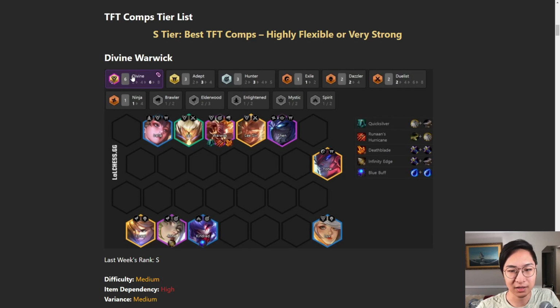The reason why you want to get a lot of Divine and Hunter units is because Warwick buffs units that he shares a trait with, so the more you play of those, the more benefit you're going to get from playing Warwick. One thing to note, the reason why we didn't build RFC on Warwick before was because they made